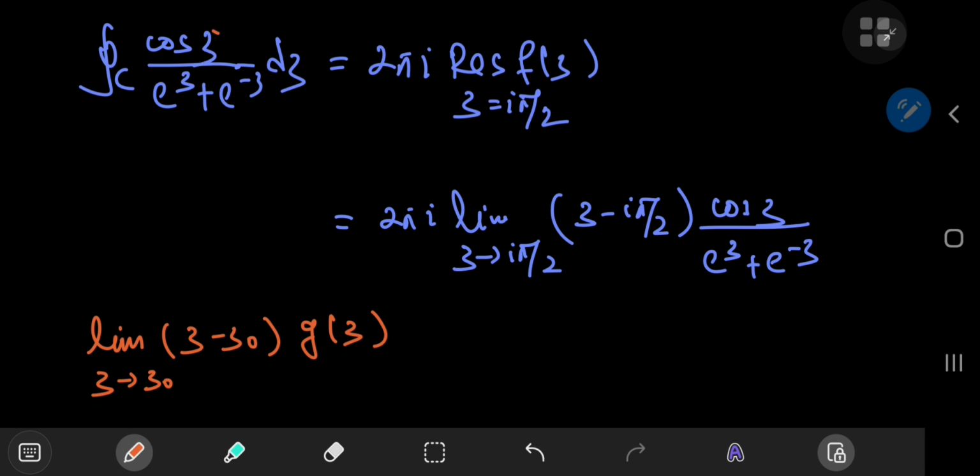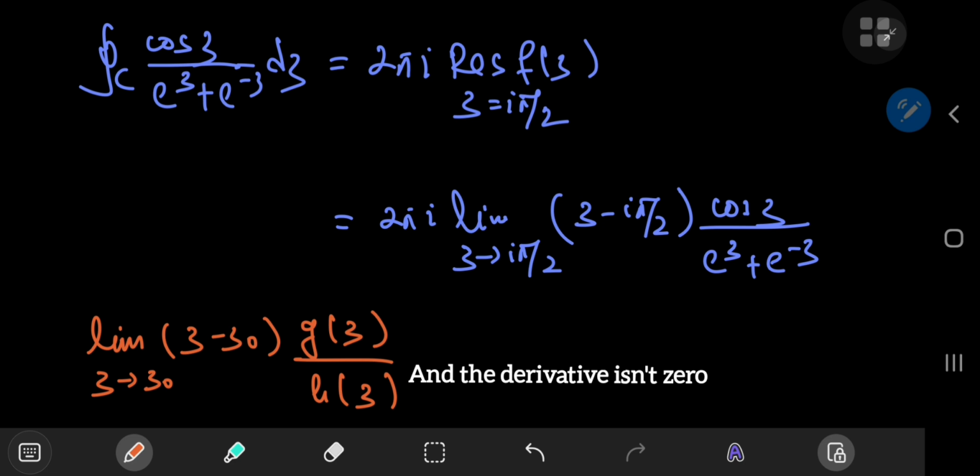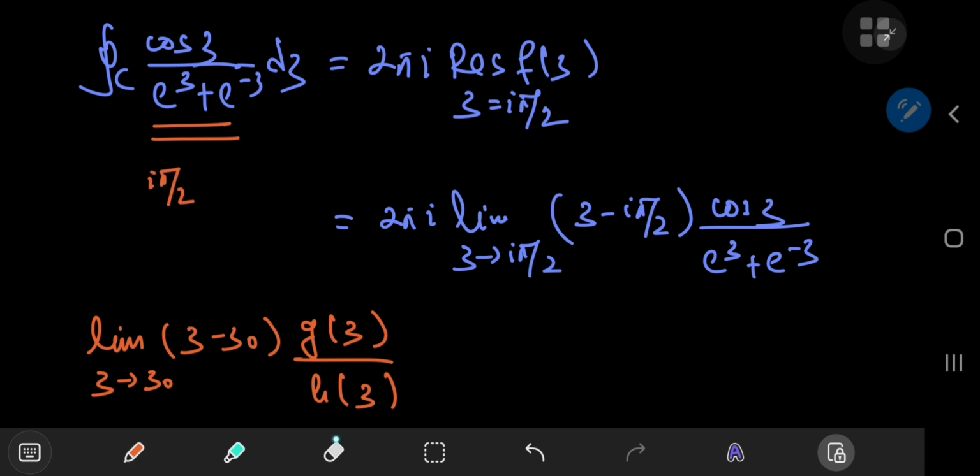Now the cosine of z is an entire function, meaning that it's analytic on the entire complex plane, divided by another function of z called h. And the story about h is that h of z naught is a zero of the function, and the derivative at z naught exists. So that's the story about h. And the story checks out for our function here. We have a 0 at z naught, which in this case is i times pi by 2, and the derivative exists. So we have no problems whatsoever applying this